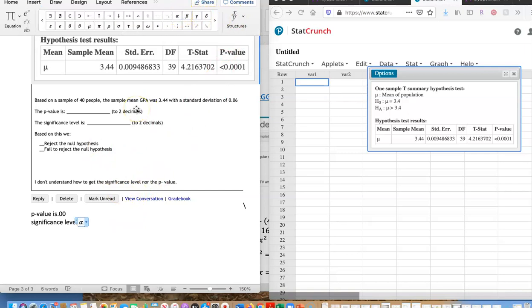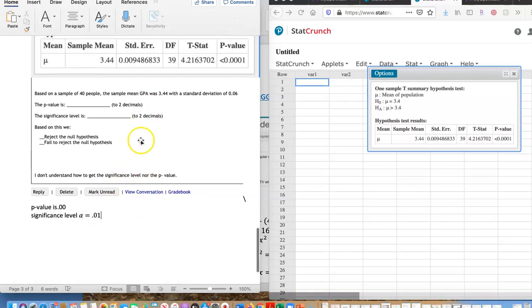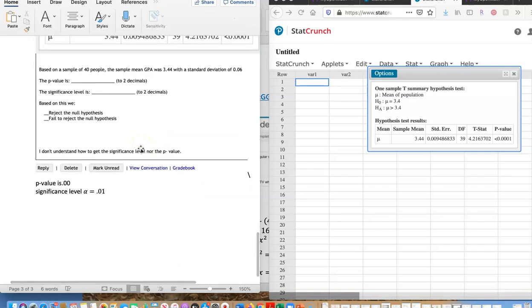And it was equal to 0.01. When you use the p-value, the method to determine whether you reject or accept,